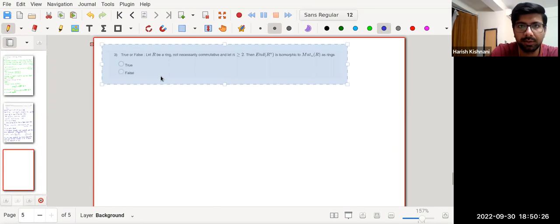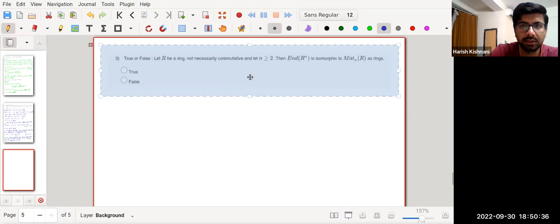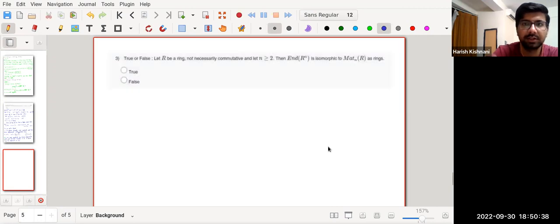Let R be a ring not necessarily commutative. The endomorphism ring of R is isomorphic to the matrix ring as rings. So both of them are ring homomorphisms, where R is not necessarily commutative. So the statement is false